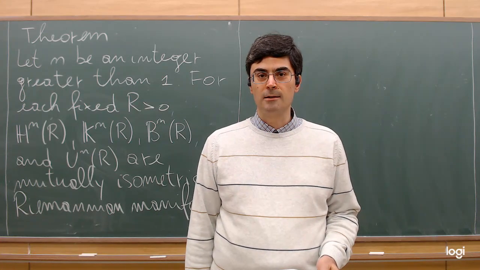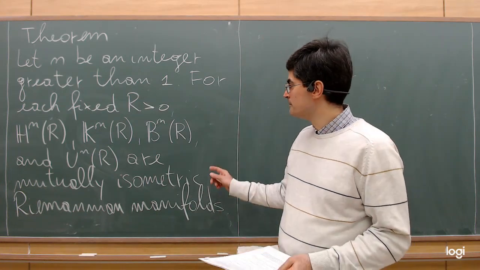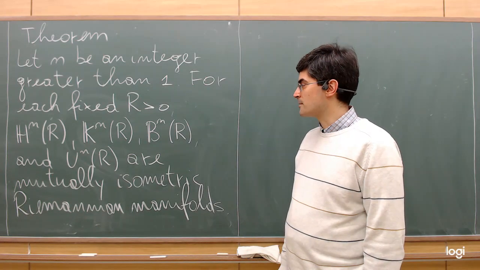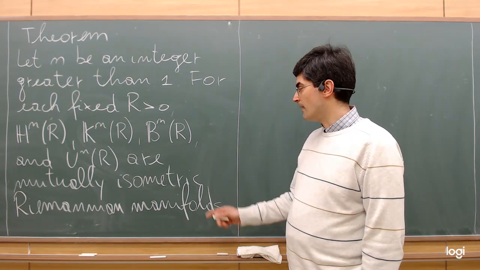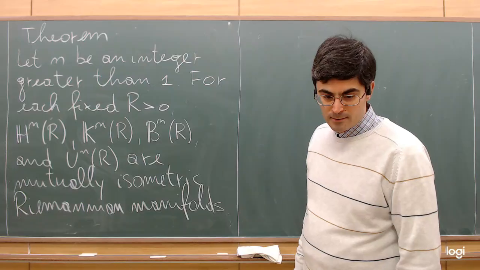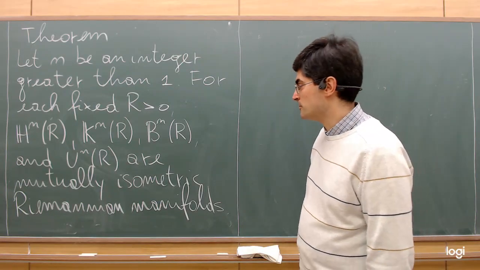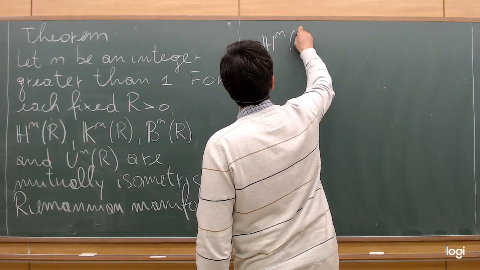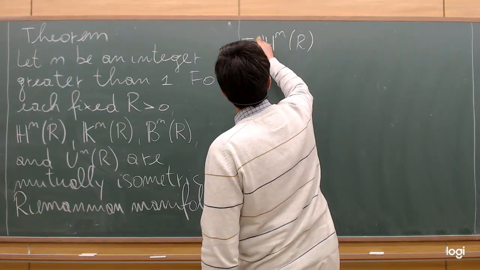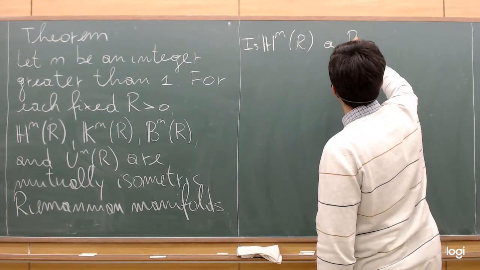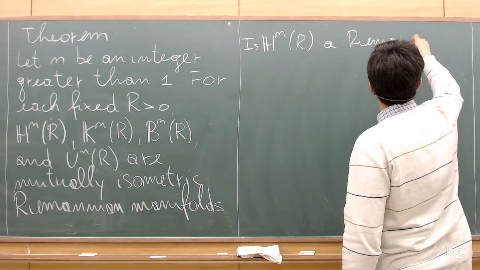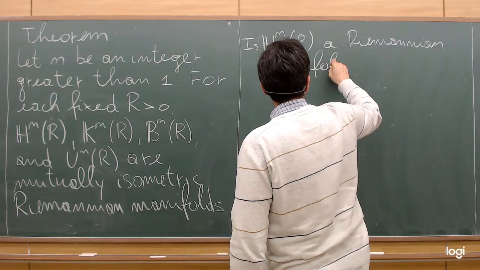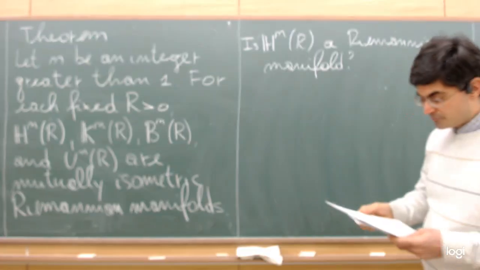The first goal of today is to sketch a proof of this theorem, which says that the four models of the hyperbolic space I presented last time are mutually isometric. Some of you could ask the following question: are we sure that H^n_R is a Riemannian manifold? It's not clear from the definition,